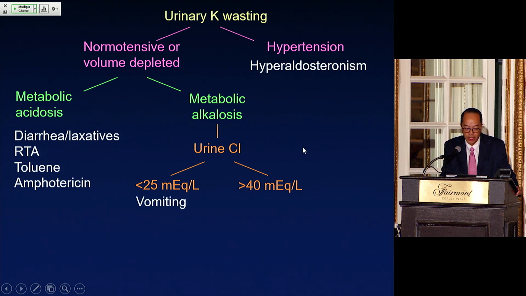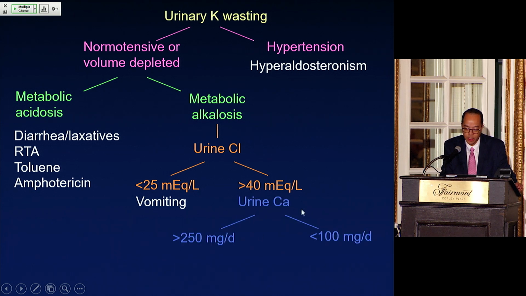And there are basically two general causes of hypokalemic metabolic alkalosis with normal volemia. Either it's due to surreptitious vomiting, or it's due to renal tubule salt wasting in a part of the tubule that's upstream of the collecting duct. And the key to distinguishing between them is to measure the urine chloride. The urine chloride in this case is essentially the marker of volume depletion, and in the setting of metabolic alkalosis is a better marker than urine sodium. Low urine chloride suggests vomiting. High urine chloride suggests renal salt wasting.